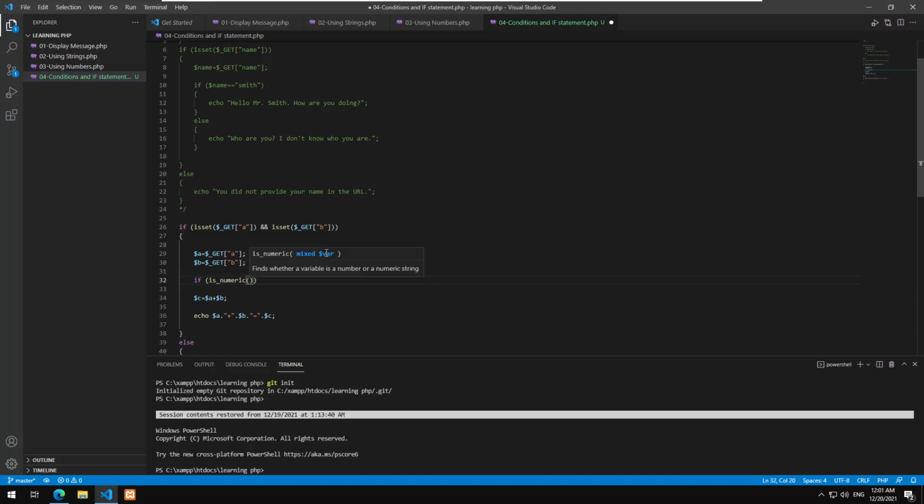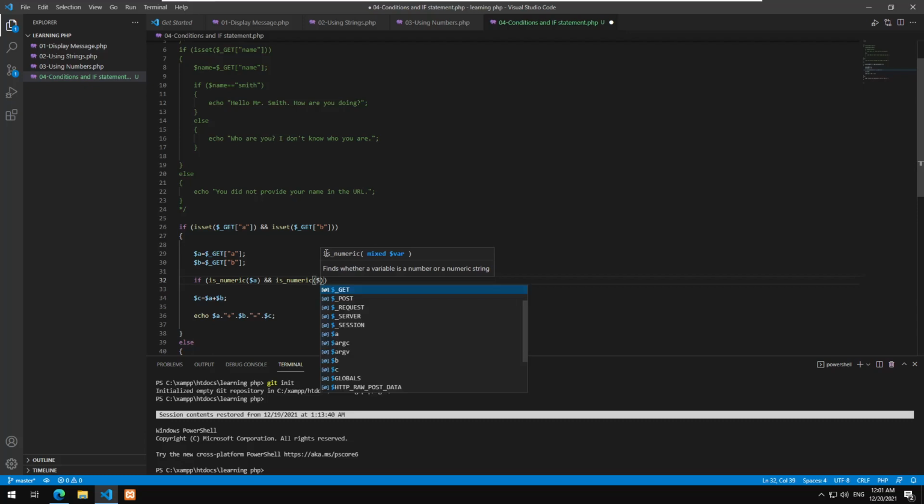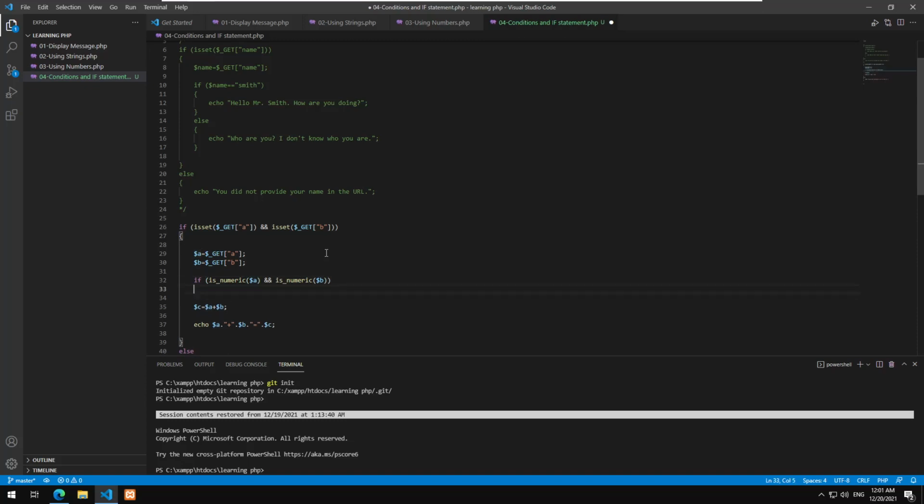Okay, so finds whether a variable is a number or a numeric string. So basically I'm gonna say if this one, and okay, I want two things to be checked here. is_numeric $a and is_numeric $b. Okay, so if is_numeric A, if is_numeric B, in that case, sorry,